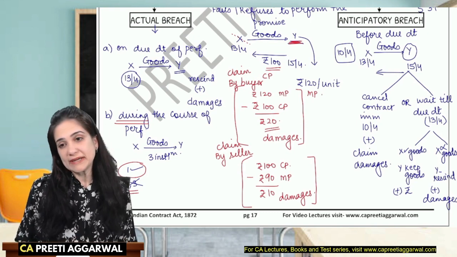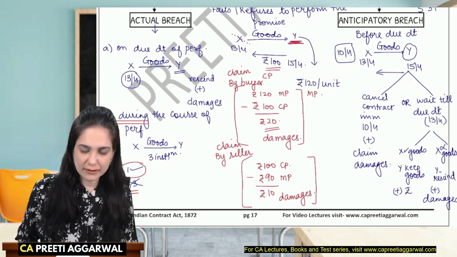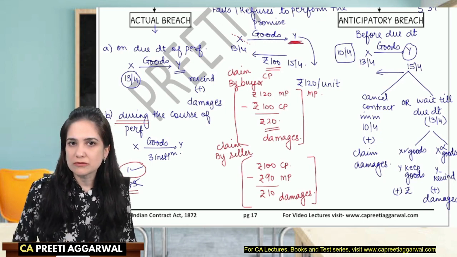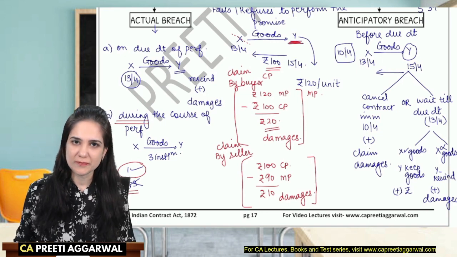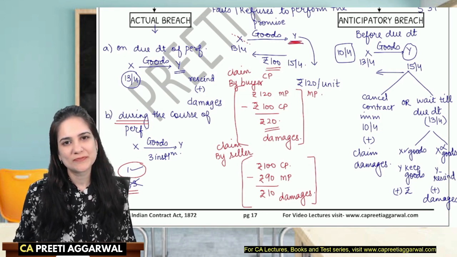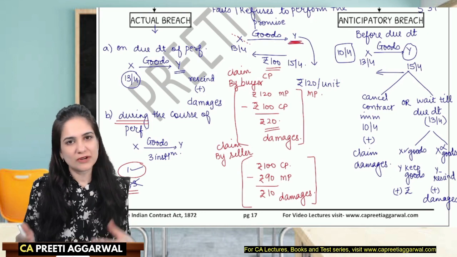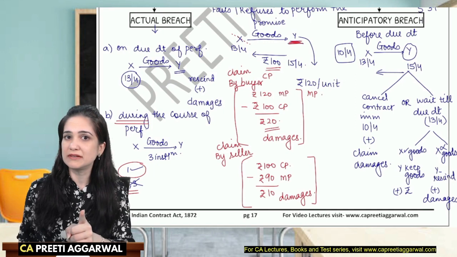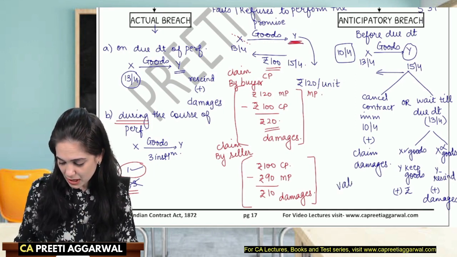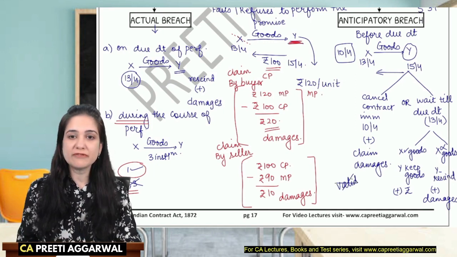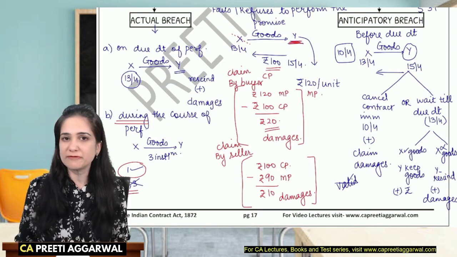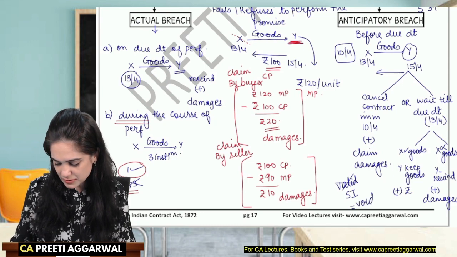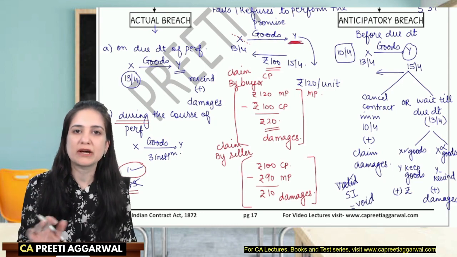But yes, there is some risk involved in waiting. Y was waiting, X got the goods. Goods were kept in his godown. But fire occurred, everything was destroyed. What will happen to the contract? In this case, the contract will be discharged due to supervening impossibility. You treated the contract as valid, but a valid contract now cannot be performed because of supervening impossibility, destruction of subject matter. The contract becomes void.